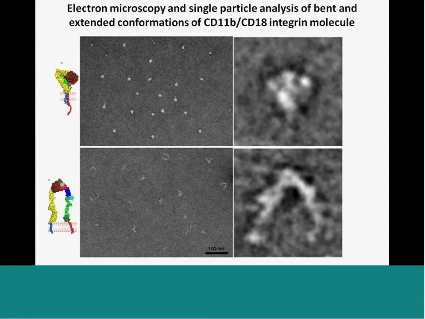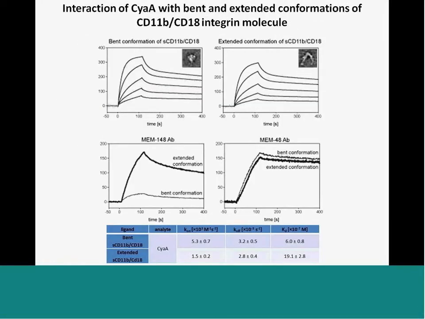And at the bottom there is no white spot, but this corresponds to the extended conformation of the integrin molecule. By computational analysis and image analysis, by averaging, we can see a nice bent conformation of the ectodomain and the extended conformation of the ectodomain. So these two conformations were immobilized on the GLC ProteOn chip, and we can see on the next picture